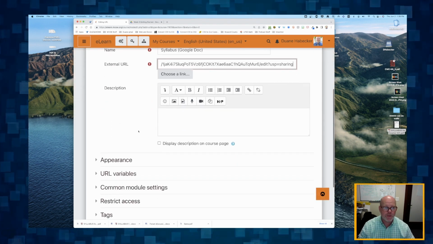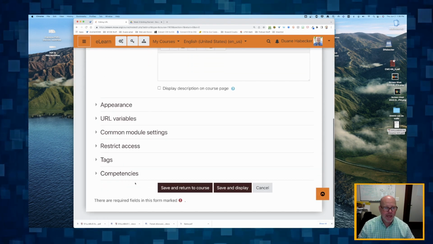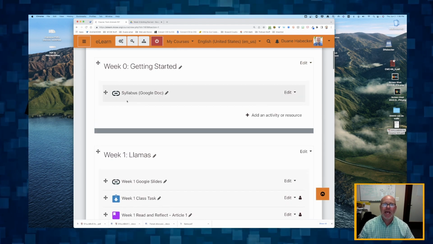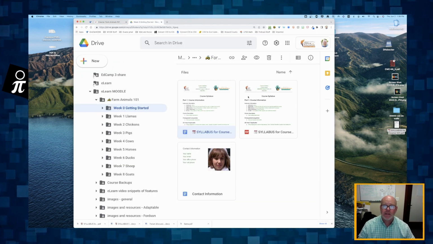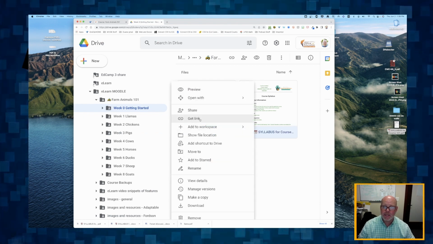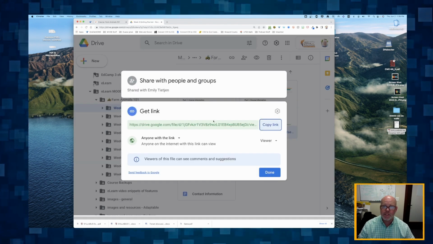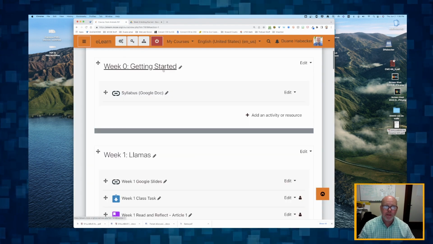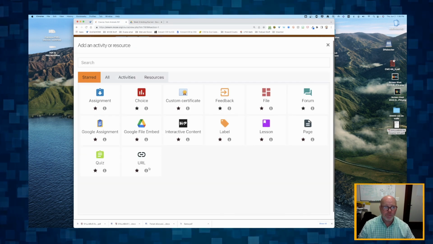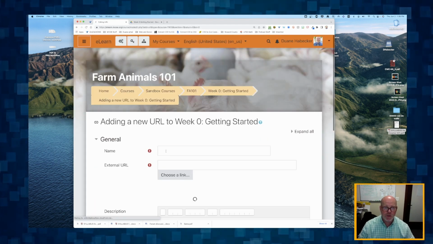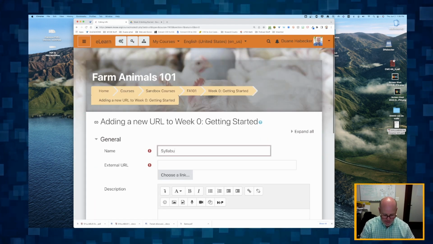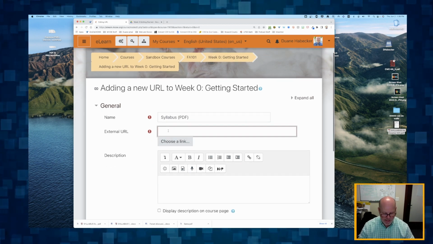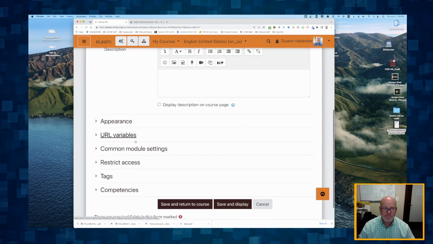I don't need a description. I don't need to worry about any of these. I'm just going to save and return to course. There's my syllabus as a Google Doc. Let's copy, get link to the same syllabus but as a PDF right here. I'm going to add an activity or resource. I'm going to click URL. I'm going to call it syllabus PDF, and I'm going to paste in that URL,